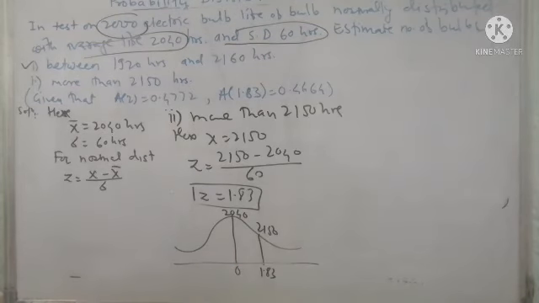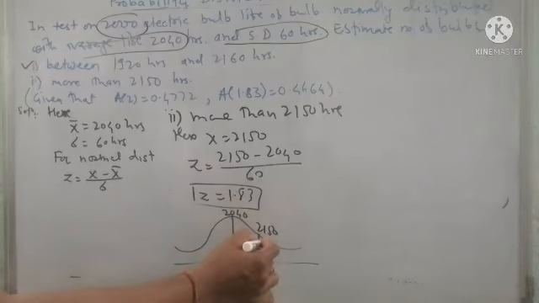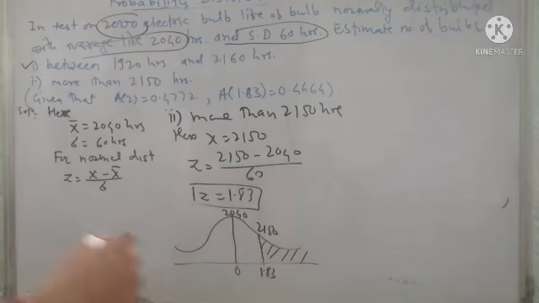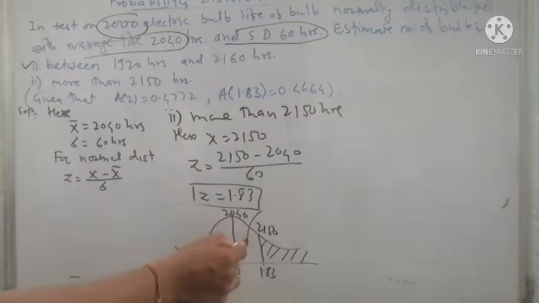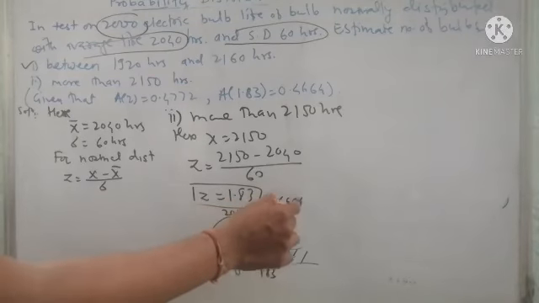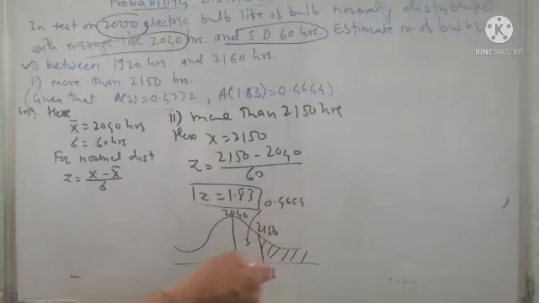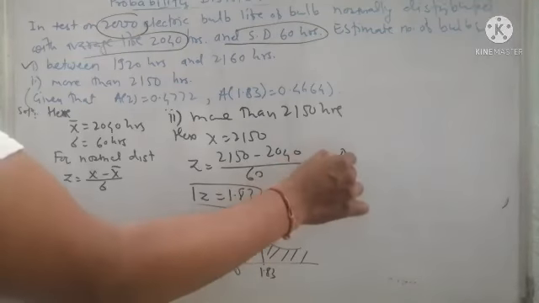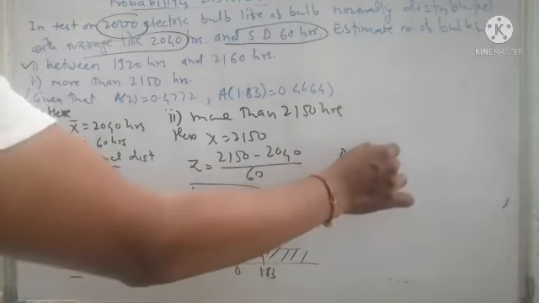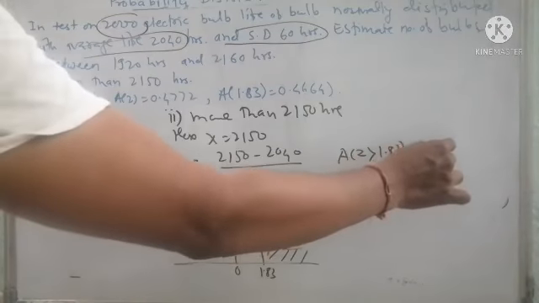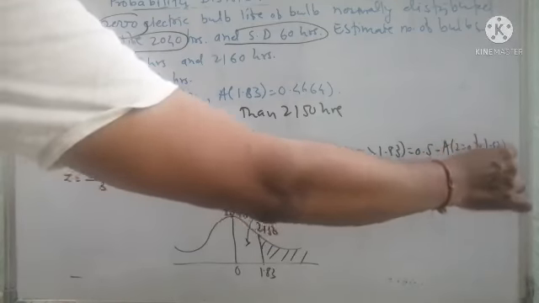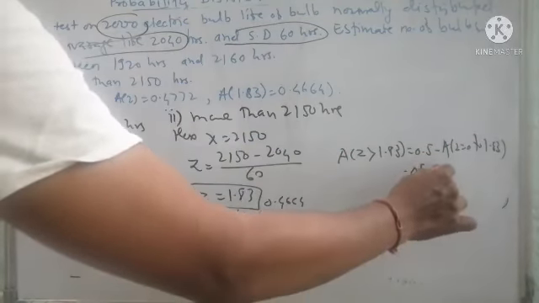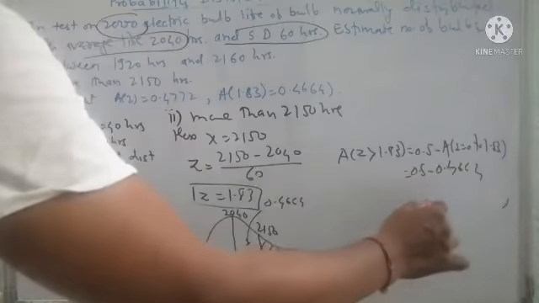Now we are asked for the number of bulbs having life more than this, that means the area on the right hand side of this line. As the area up to 1.83 is given, the area from 0 to 1.83 is 0.4664. Now we have to find the shaded area. So the area having z more than 1.83 is equal to 0.5 minus the area from z equal to 0 to 1.83, so 0.5 minus 0.4664,